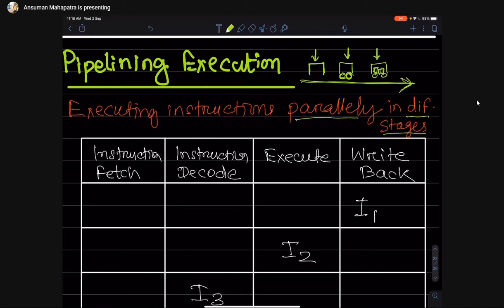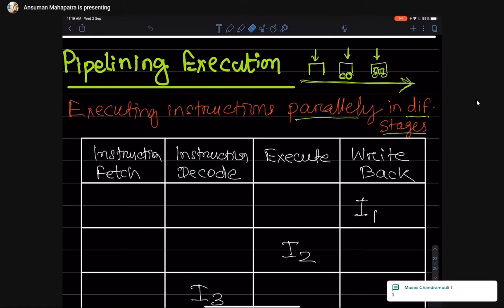Suppose 3 steps are there and the car is ready. To make a single car, how many steps are required? 3 steps. What about the second car? How many steps will it take? It will take the same 3 steps.